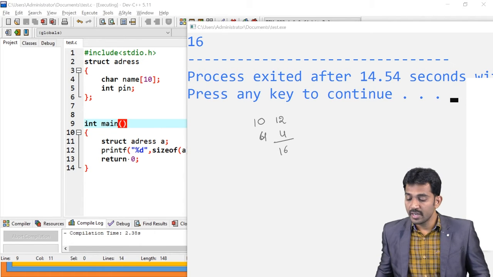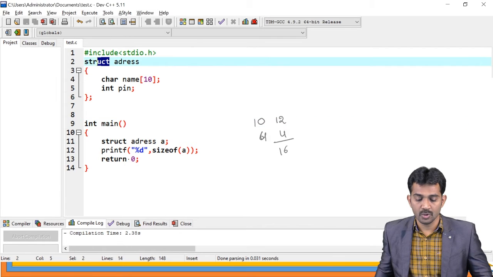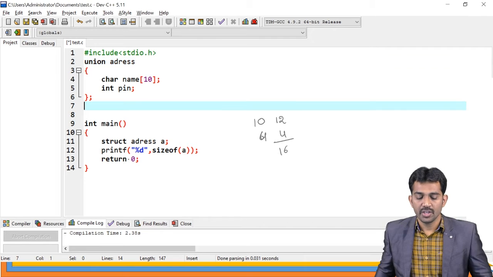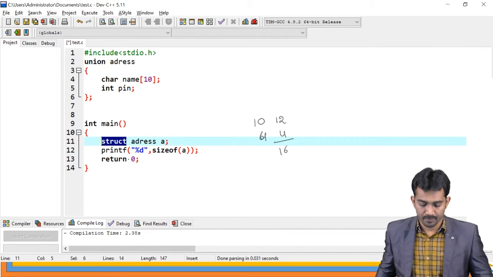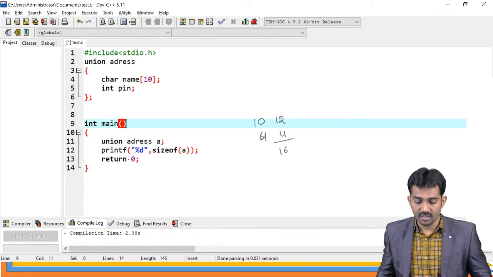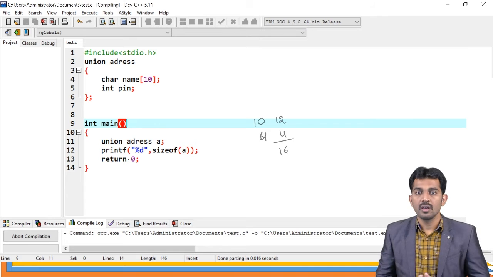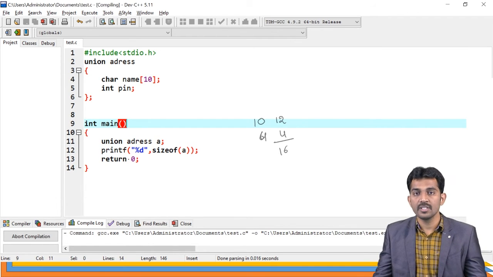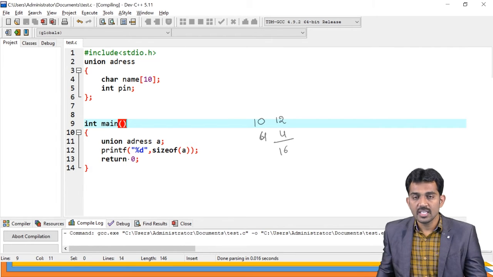For example, instead of this, if you use a union here, observe carefully. If you run this code, it is going to take the maximum size of the two data types. What is the maximum? The maximum size is 10 bytes only.